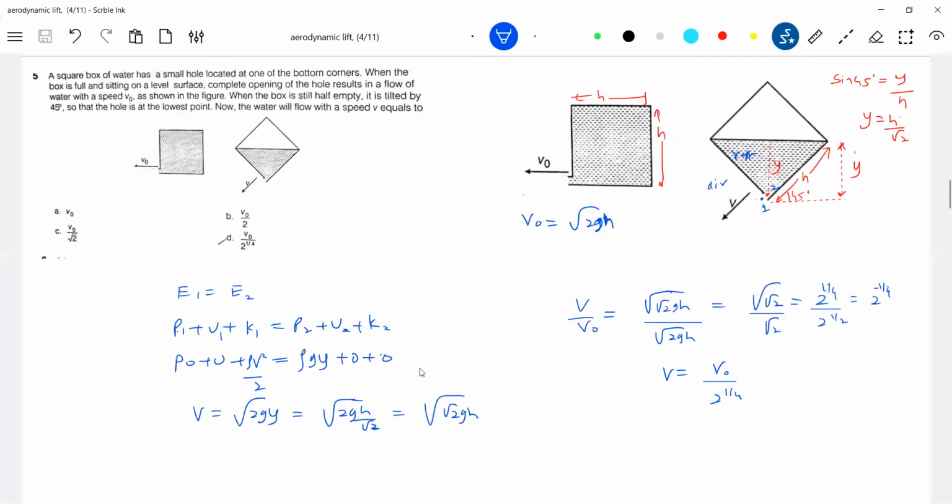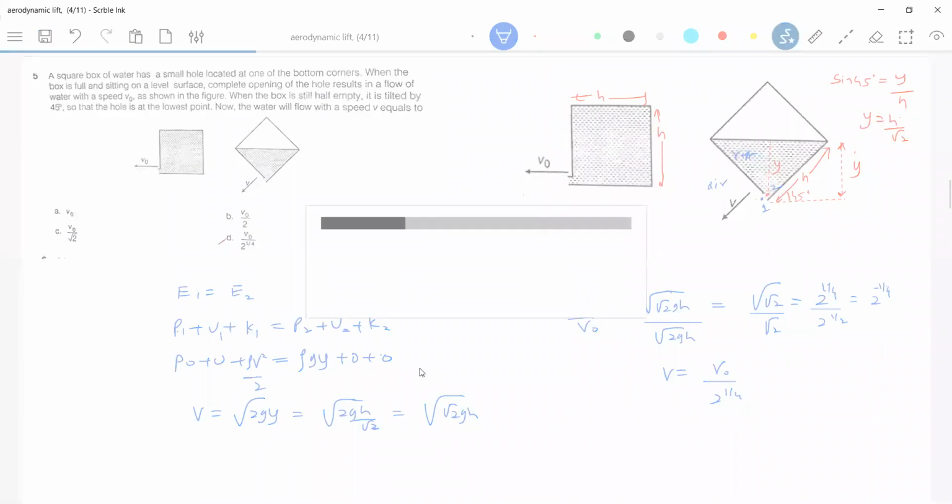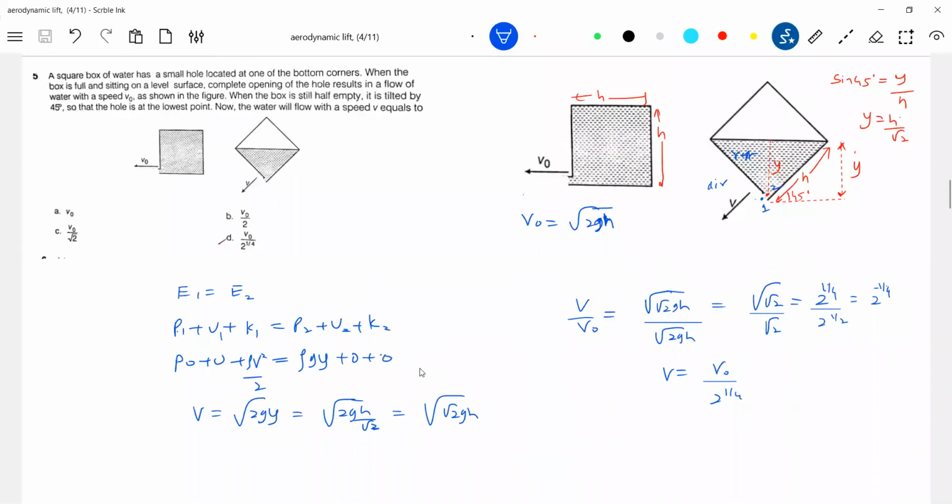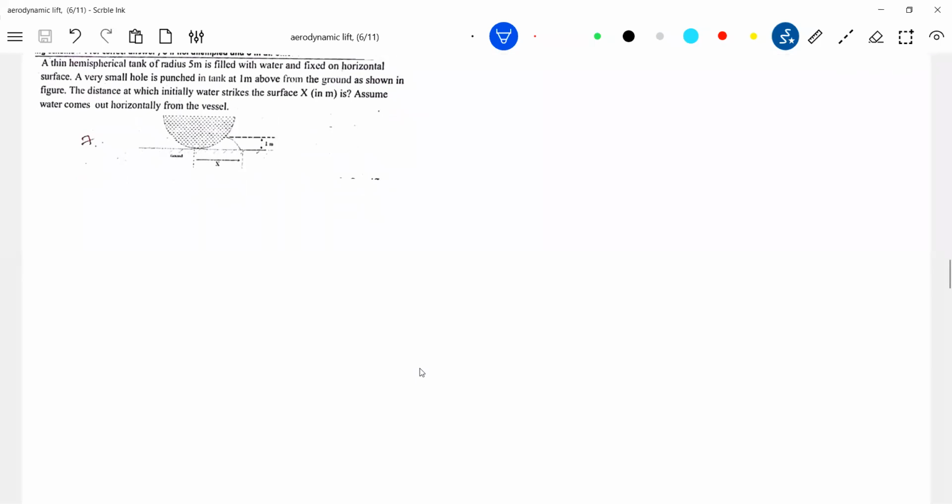So the container we took was only cylindrical, no? Now it can come in a different shape. Let's not bother, let's use our basics. From the hole, you're applying it at the hole, at what depth from the free surface. Only that matters. Remaining rest, let's not bother. Trying to grasp the idea here. Okay, one more. Yeah, it's a really good question.